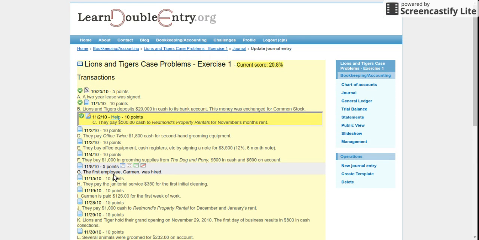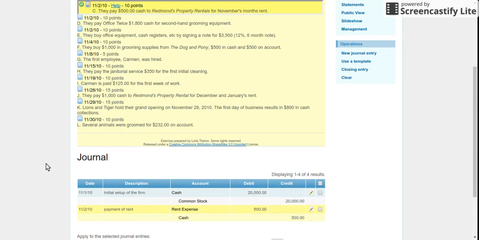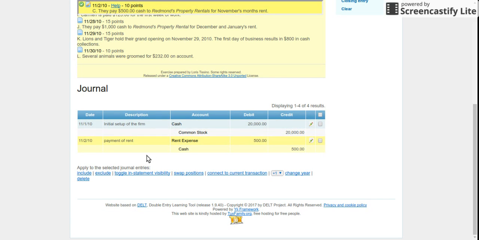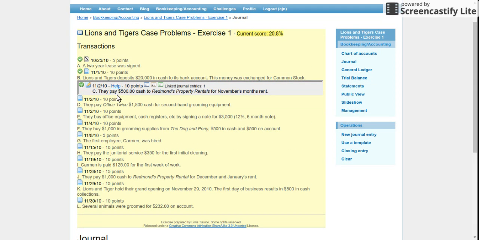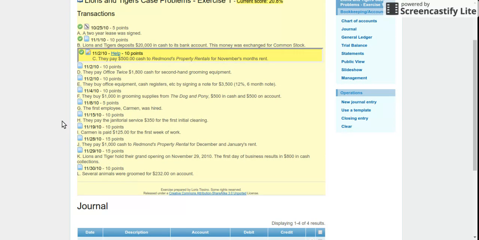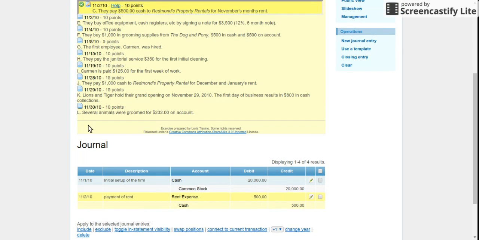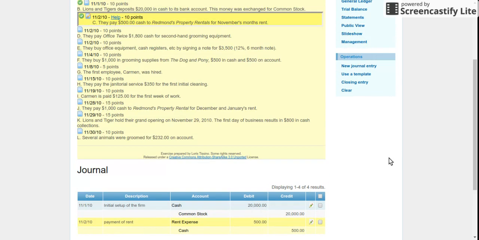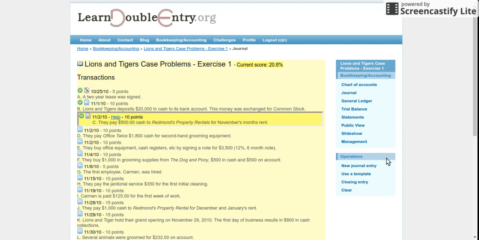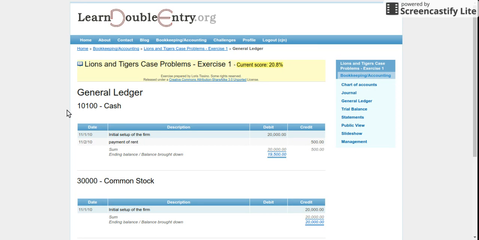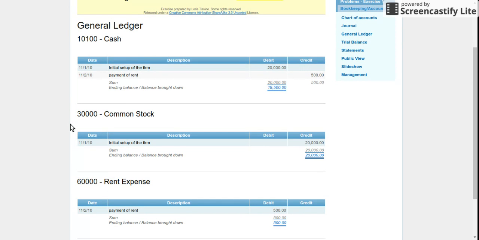I just wanted to show you that at each moment you can have a look at the journal as it is going. You have two transactions. The yellow one here is the one connected to the current transaction. So you have this kind of connection between a transaction and a journal entry. Another interesting thing is that you can have a general ledger, and with the general ledger you have the list of the accounts, and for each account you have